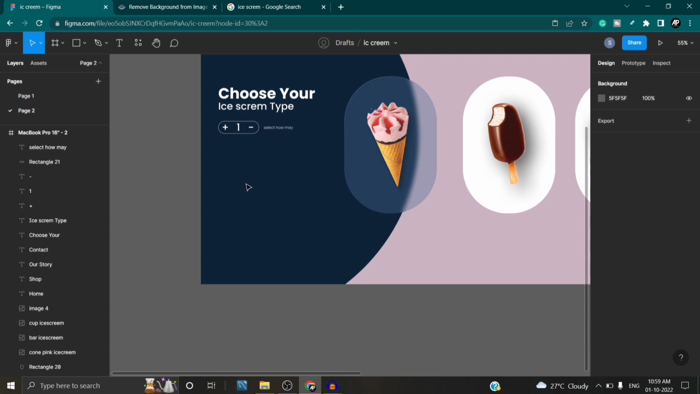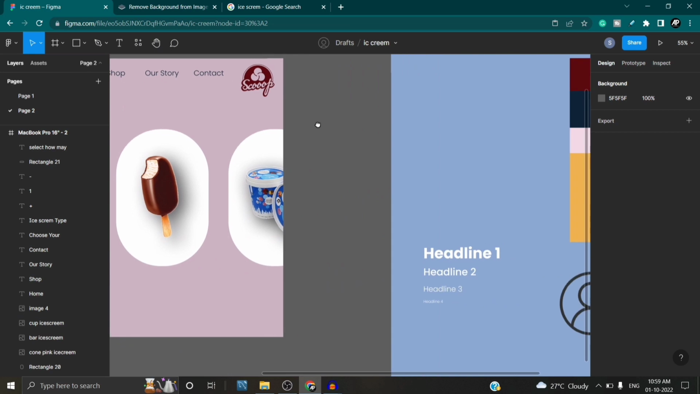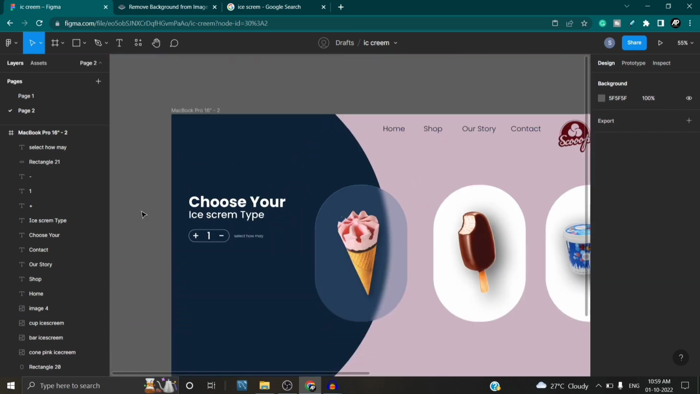Okay, we're done with our first button right here. Then again I'm going to add a rating to it. To add a rating, you can simply add stars right here. So we don't have stars kept over here,